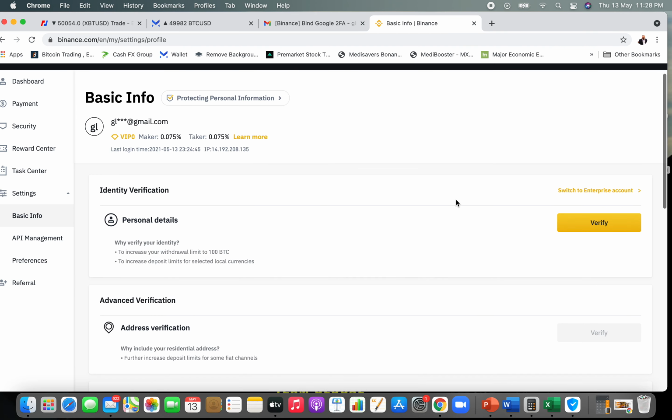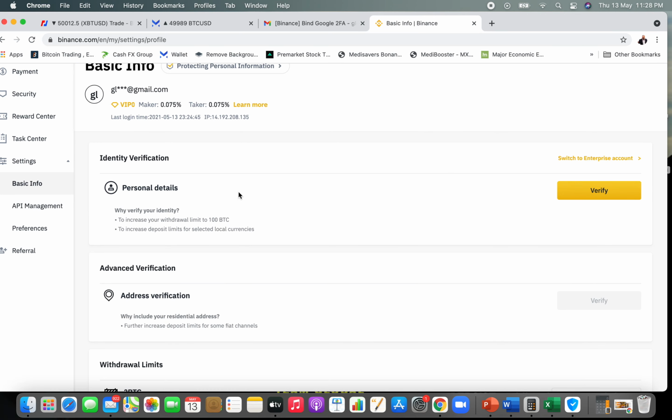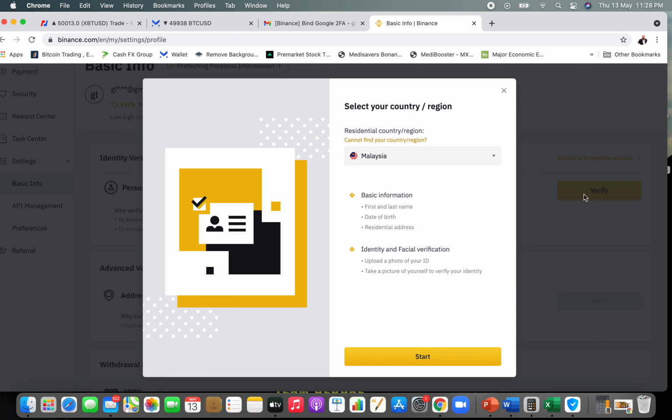At this identification section, you will see the steps of the identity verification that is required. The first verification is your personal detail. Now you have to click verify, and here there is a detail. Step by step, what you need to do first is they need your basic information: your first and last name, your date of birth, and the residential address.